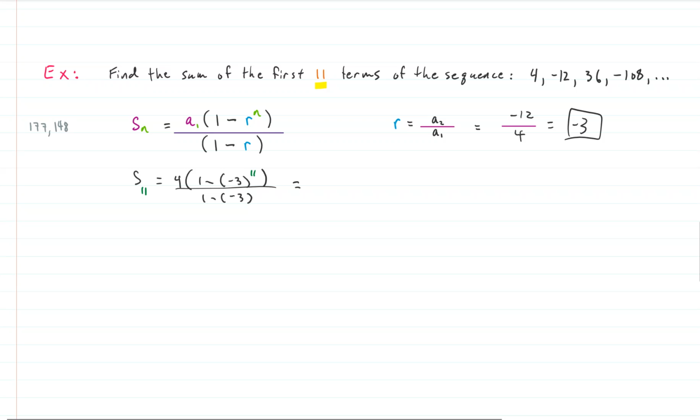What is -3 to the 11? It looks like kind of a nasty number. Well, let me tell you what -3 to the 11 is. I'm just writing out the rest of this problem. So 4 is still on the outside, and then we have quantity 1 minus, and that's where we put negative 3 to the 11, which happens to be negative